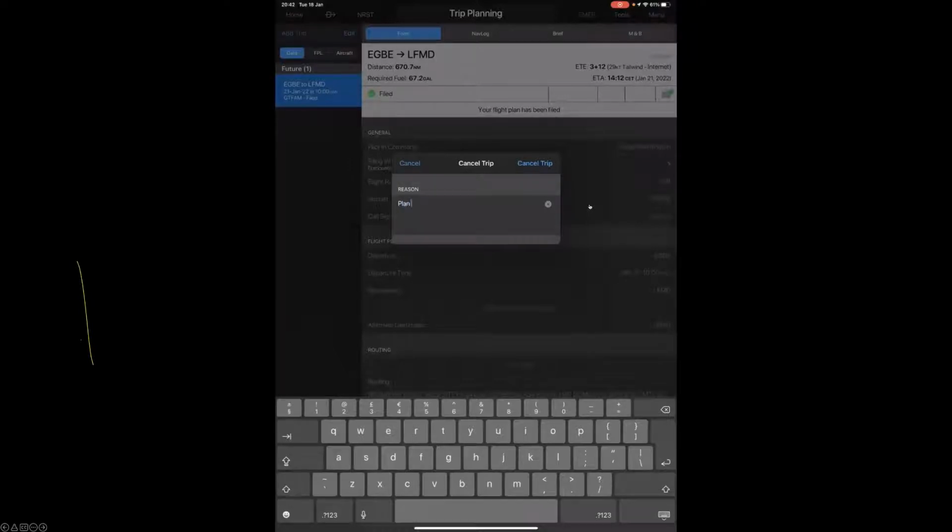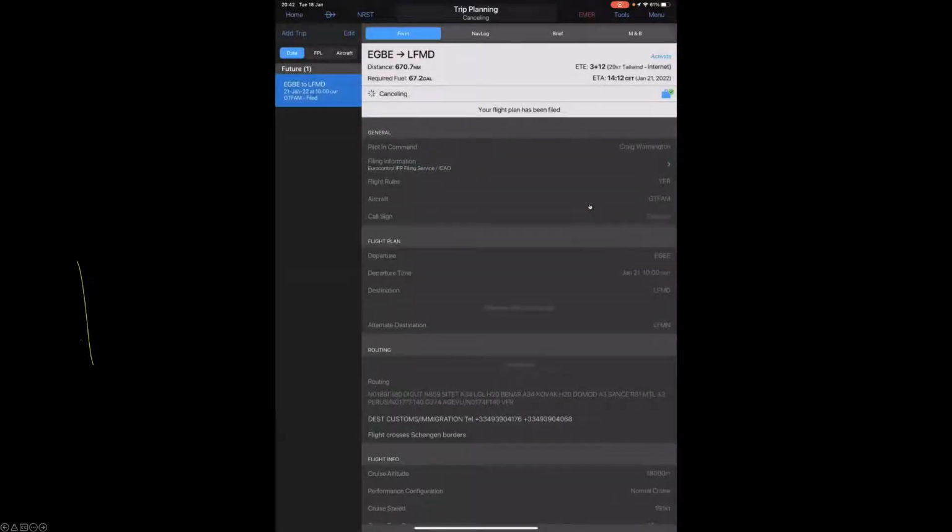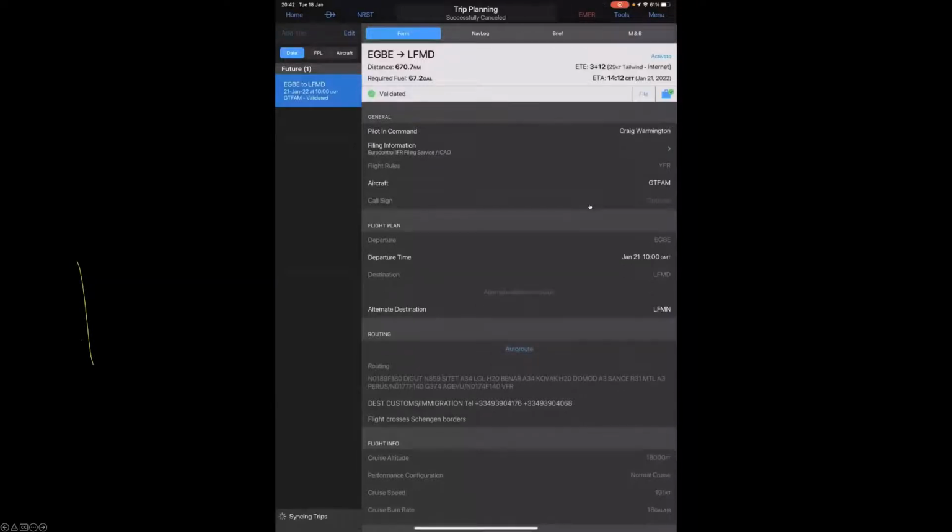Don't know if anyone actually reads this, but if plans change, you cancel the trip. And it's easy as that. And the other thing I like, at the bottom there, it gives you all this information on